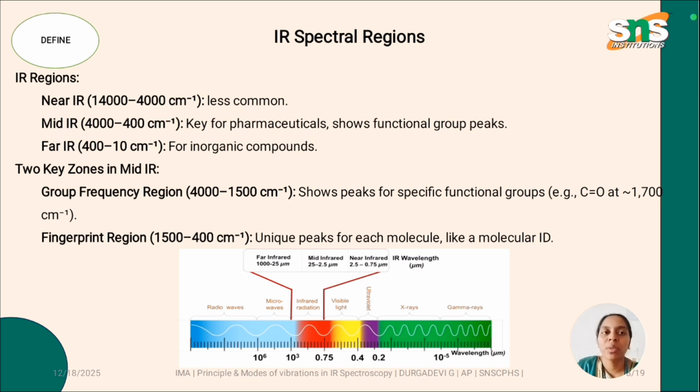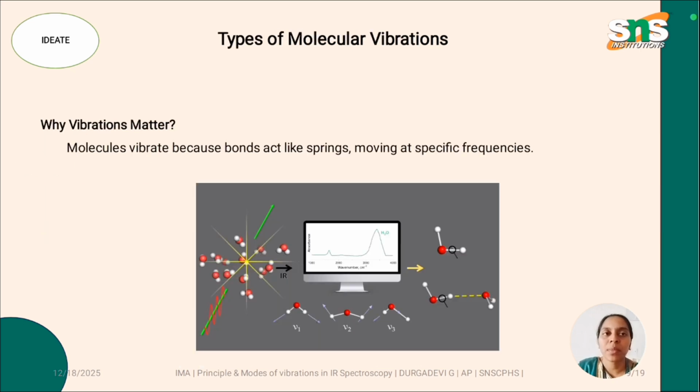So the group frequency region shows the peaks for specific functional groups. Each and every group will have one absorption at one wave number, and the fingerprint region is like a fingerprint for a molecule, so it will be unique for each and every molecule. It will not change its absorption. And the types of molecular vibrations are